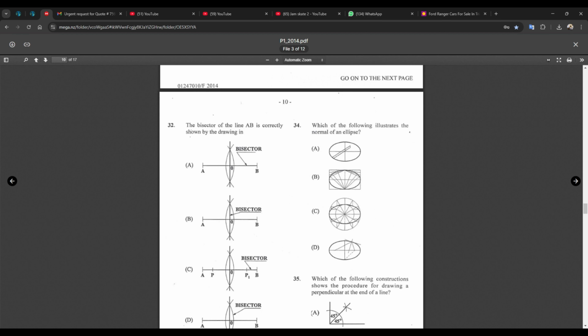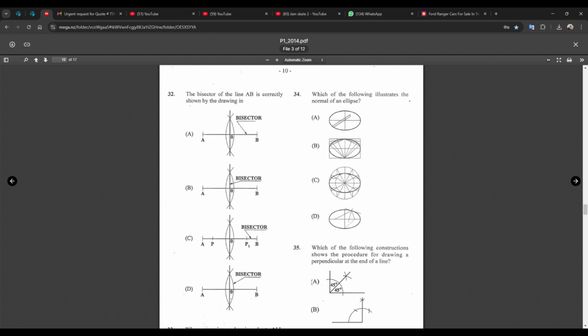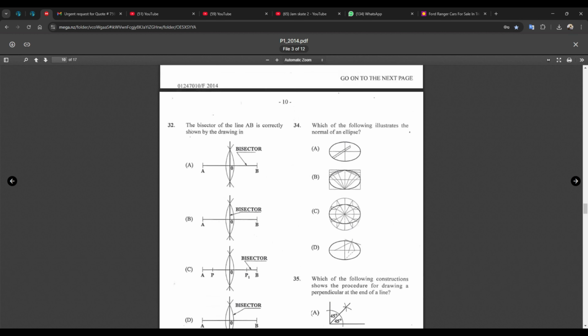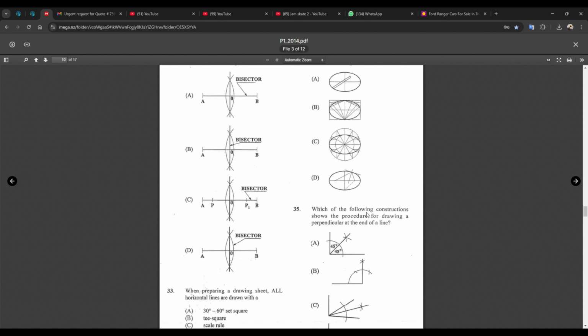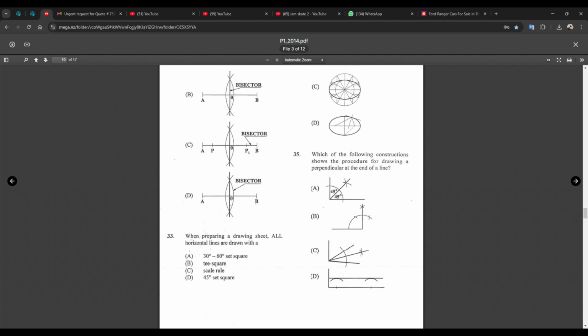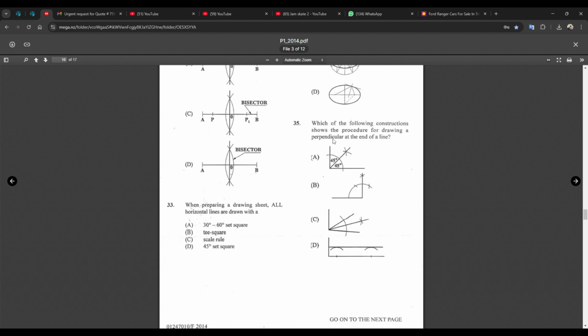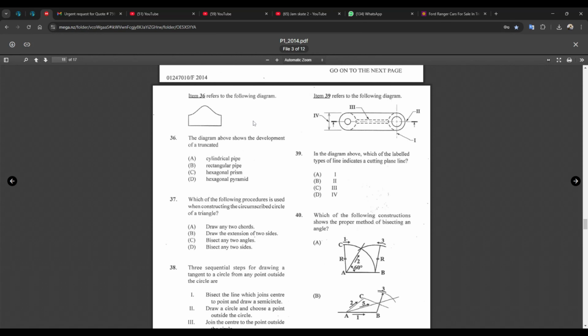34, which of the following illustrates the normal of an ellipse? The answer is D. This would be the normal here. 35, which of the following constructions shows the procedure for drawing a perpendicular at the end of a line? B, number 35, B. Number 36, the diagram above shows the development of a truncated cylindrical pipe, A,